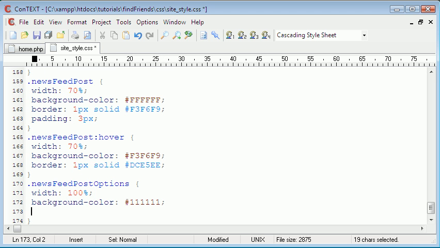Let's try that. And the border 1 pixel solid, and it's going to be 333. Okay, so now we've done that,